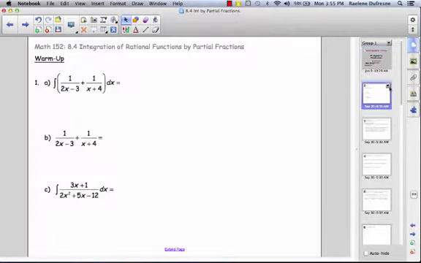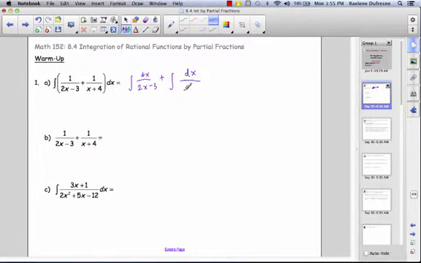Let's begin. For warm-up, let's integrate the sum of two fractions. We can apply distribution of the integral, and we get the integral of 1 over 2x minus 3 dx plus the integral of dx over x plus 4. And for the first integral, I will just apply